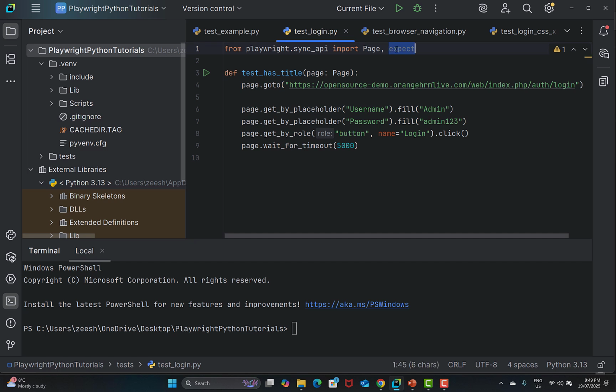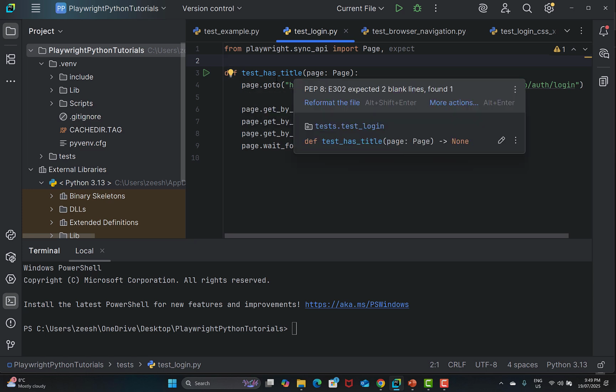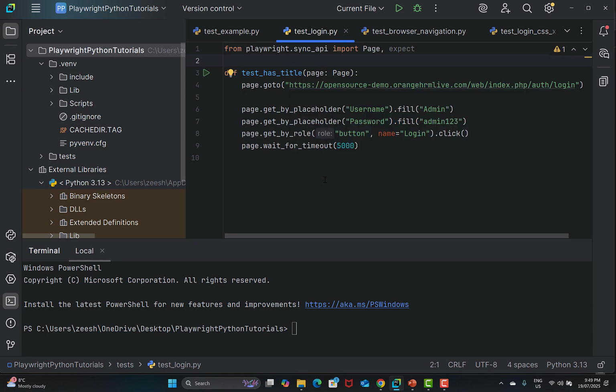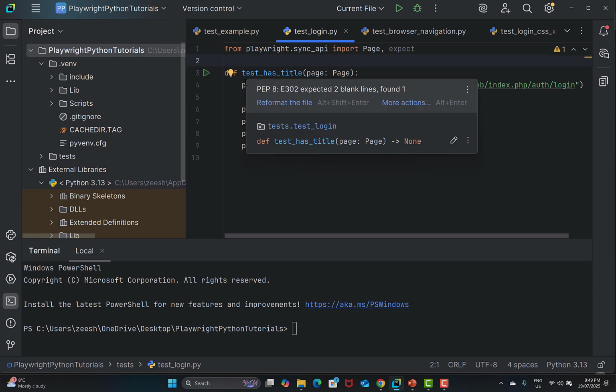Then we have expect in order to verify something, right? Now we have a function having a name, this one, test_has_title, which contains a page basically. And here, if we talk technically, it's automatically passed by the pytest-playwright as a fixture. We haven't learned about the fixture, so don't worry about that. But right now, in simple words, just understand that we are passing this page to a function which will test